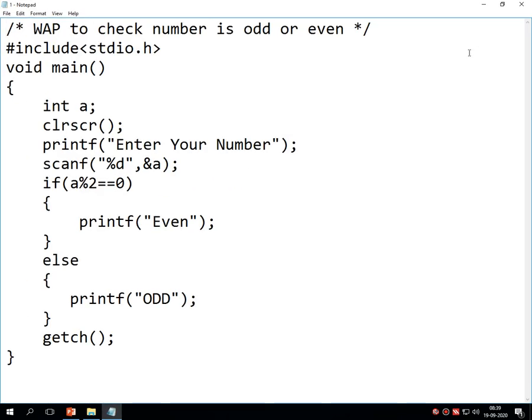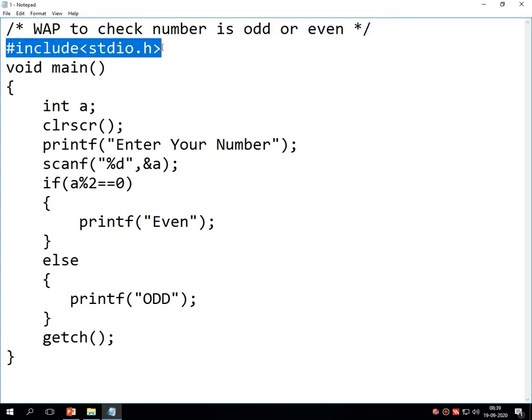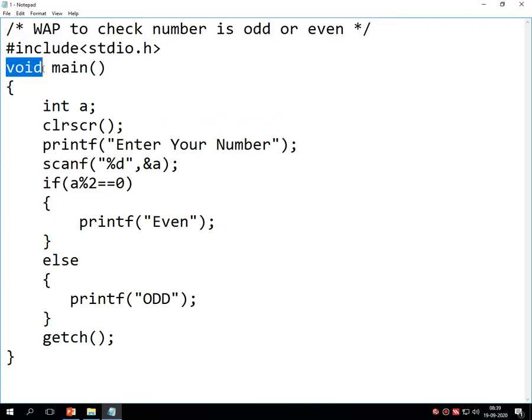You can see the code properly over the screen. The first line of code is the comment section. In the comment section I have mentioned: write a program to check whether the number is odd or even. Then #include <stdio.h>, then void main, opening bracket as well as closing bracket. It's the structure of C.